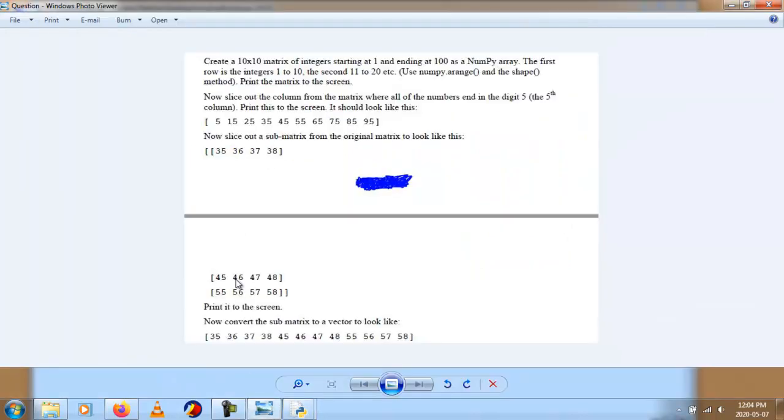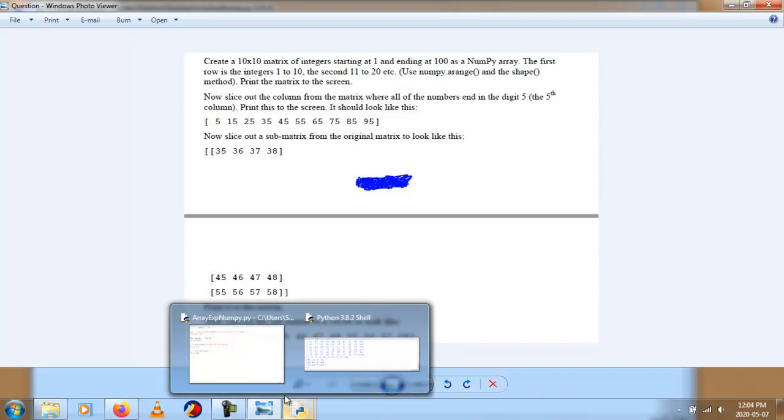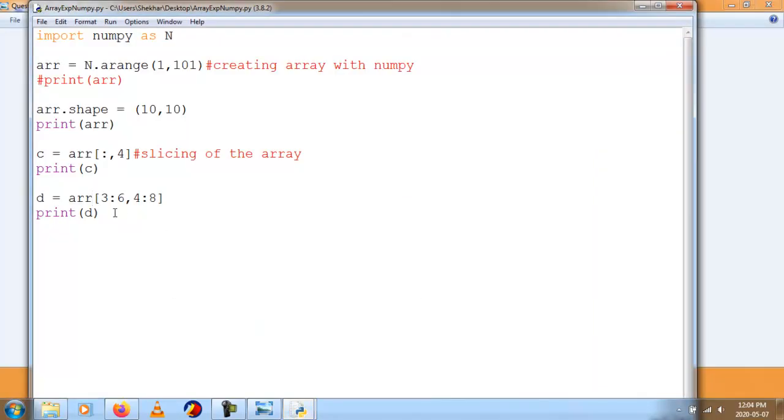Now print it to the screen as a vector, submatrix to a vector. To print to a vector, I need to use a function called flatten. The flatten function will be useful in this format.